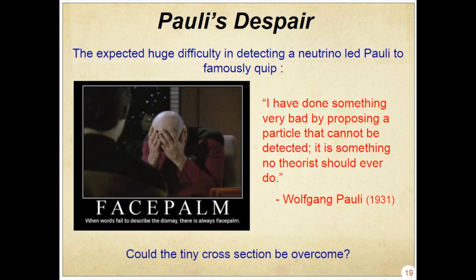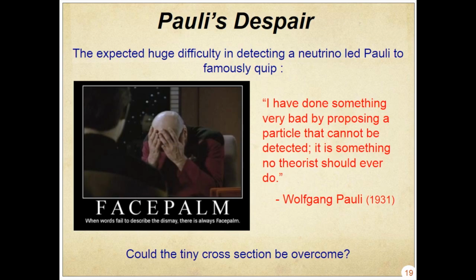Pauli first postulated the neutrino, based on this spectrum measurement of the electron I mentioned. It was his idea. He wrote this famous letter to a conference that he wasn't able to attend. There's this famous line at the bottom of the letter where he apologizes for not being able to attend because he had to attend a ball, which I think was a word for party in 1931. Anyway, he writes this letter where he hypothesized this particle and describes its properties. And then later he has this famous quote where he says he hypothesized a particle that can't be detected, and that's something that no theorist should ever do, except string theorists, apparently.